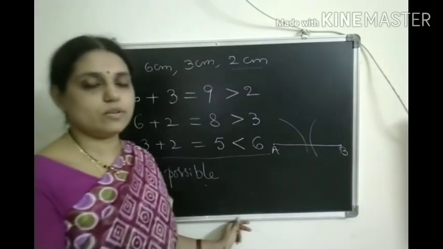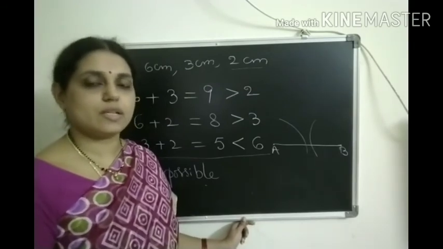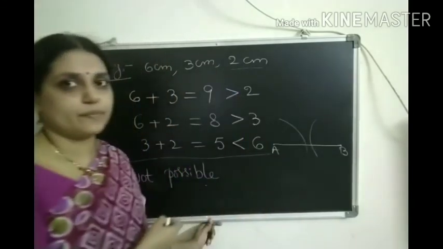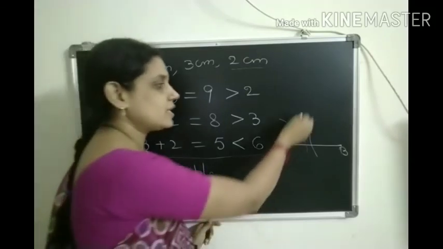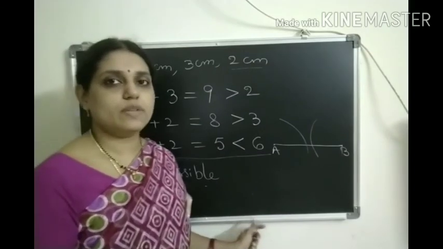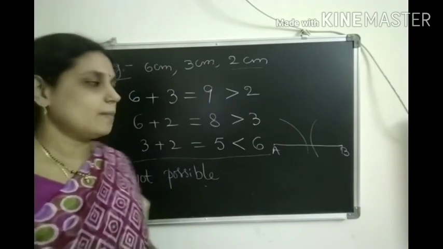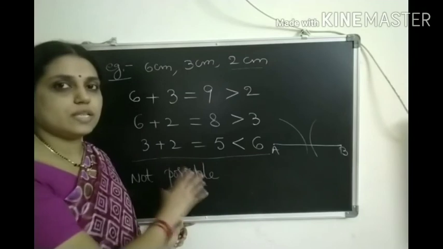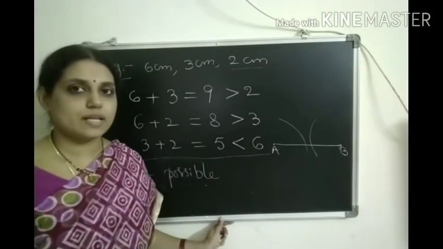If they intersect, then you will get the closed figure. Triangle means definitely the closed figure. You have to get that, a 3-sided polygon. But here these two arcs will not intersect. Okay, that's why you will not get the third vertex. Third vertex C we will not get here. Okay, so definitely you will understand when you do constructions in the practical geometry chapter. But as of now you have to remember this inequality property, and using the inequality property only you are going to find out whether it is possible to form the triangle or not.